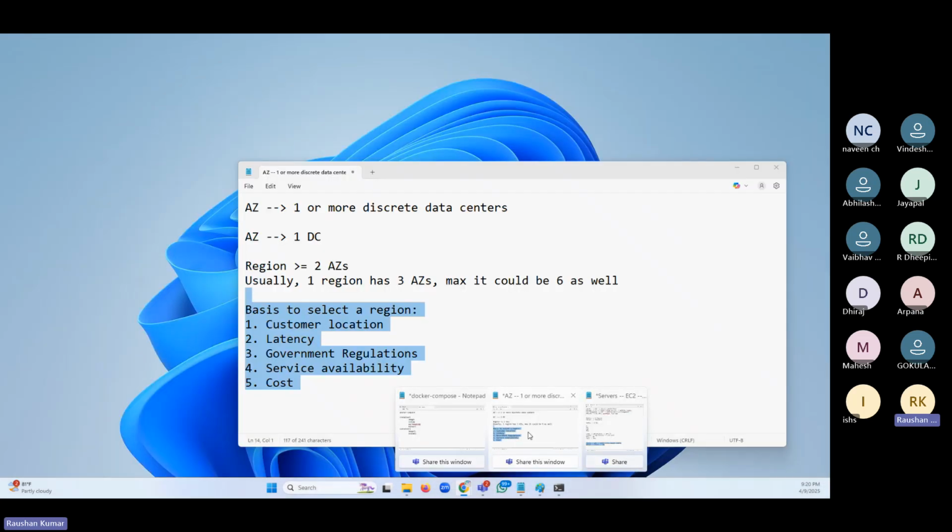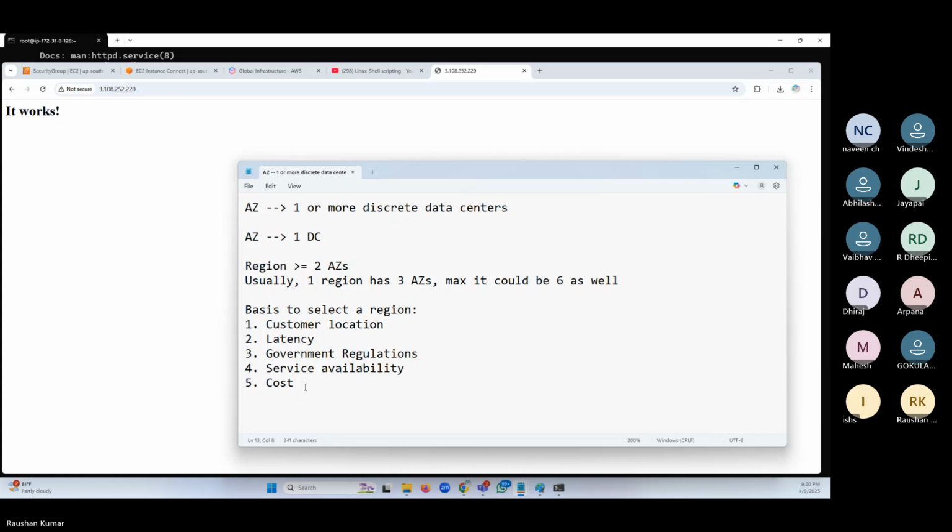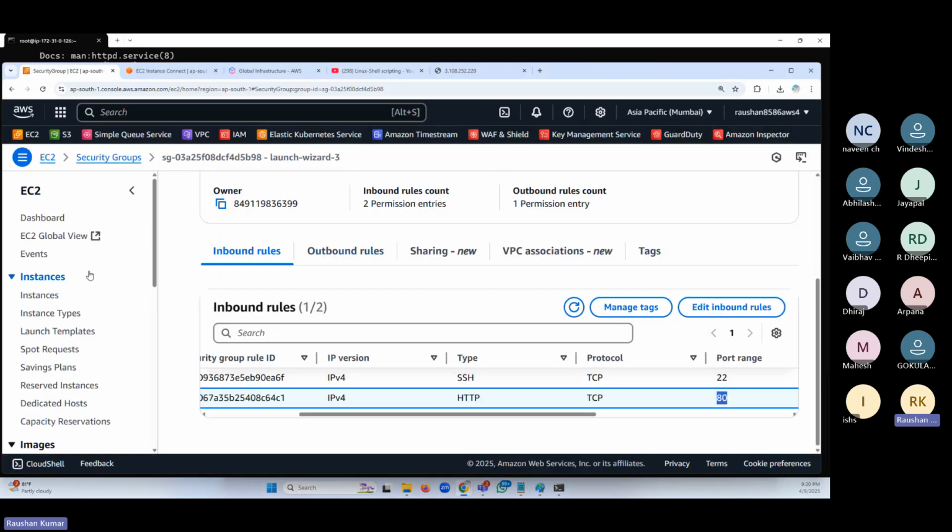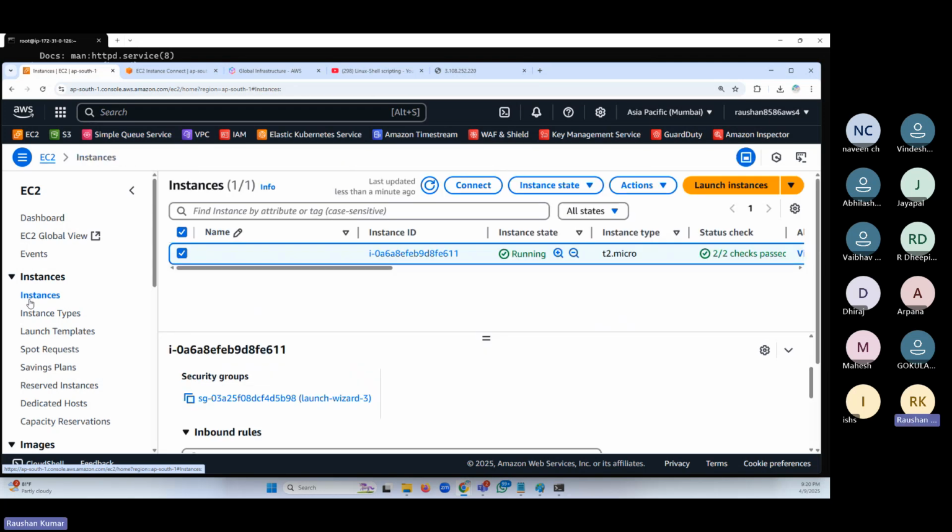Use t2.micro. Naveen, use t2.micro if you want to be in the free tier. As part of the free tier, use t2.micro. This is only 750 hours. It's given for free for 1 year. You will not incur any cost. Friends, don't worry. I'll make sure you don't incur any cost. Please follow my advice. Don't keep the server running when it's not in use. You delete the server, you terminate the server. You select this, go to instance state, terminate it.